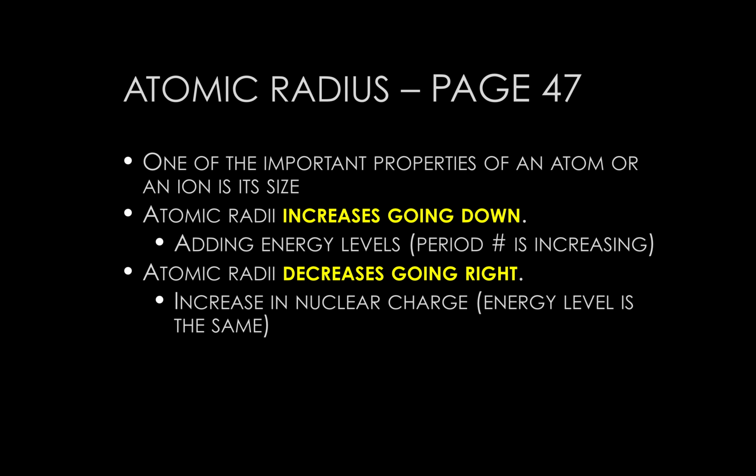Now, atomic radius is going to decrease going to the right, and that's because there's an increase in nuclear charge. When we talk about nuclear charge, we're talking about the number of protons in the nucleus. Remember, we're in a period, which means our energy levels are the same. The only thing that's changing is the number of protons in the nucleus, and of course, the number of electrons